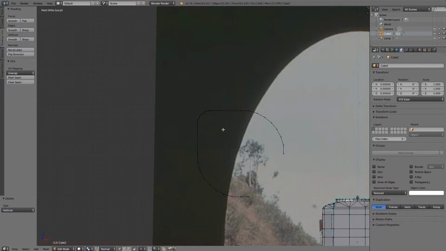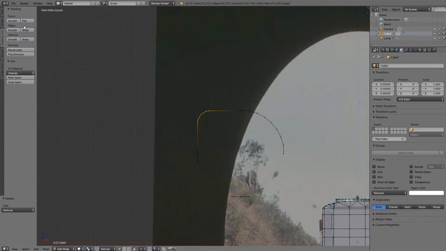What I will do is B for border select, highlight that, copy, actually I should have done it all on one side. What am I doing? Let's go that one, delete verts, B to border select,